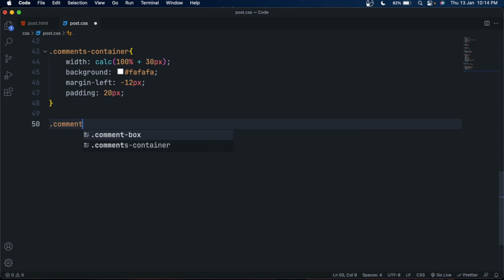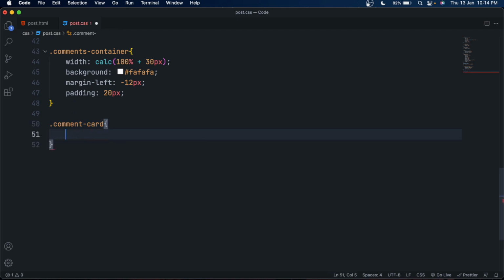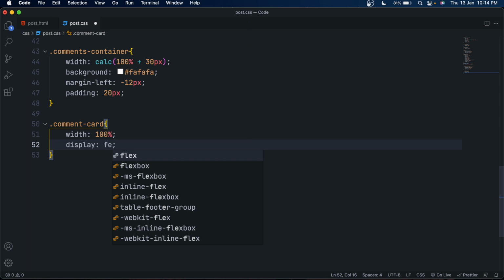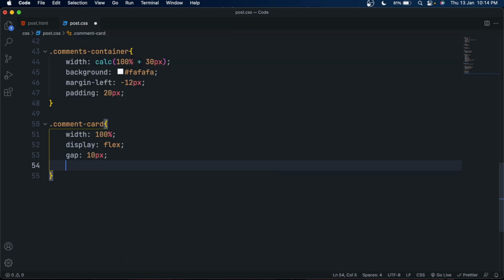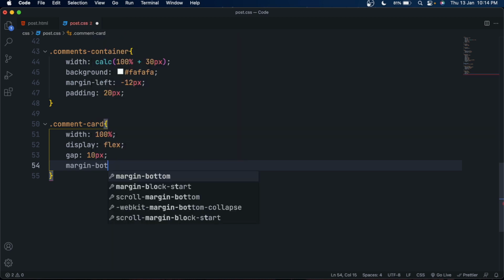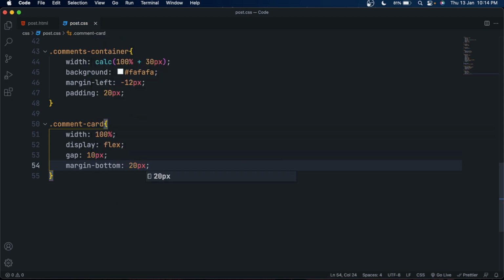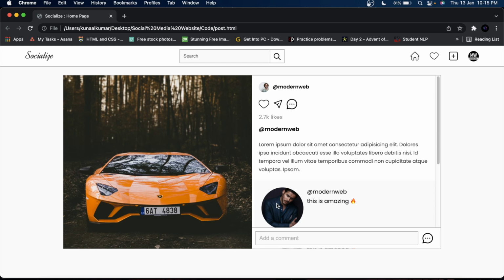Now select the comment card element and set its width to 100%. Set its display to flex to make the image and the text side by side, and use gap property to make gap between them. Set its margin bottom. I guess it's looking great.